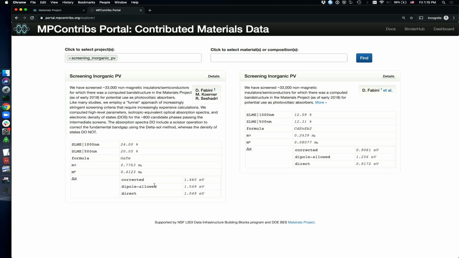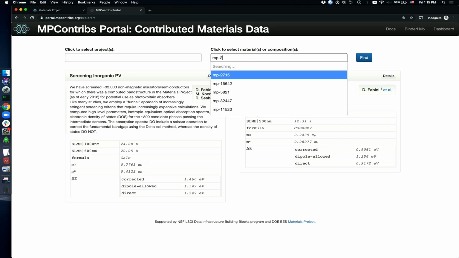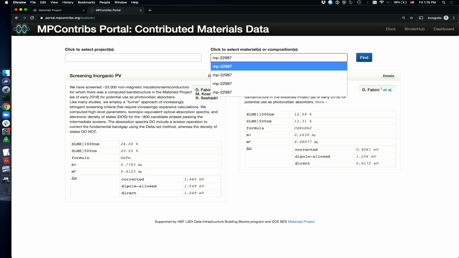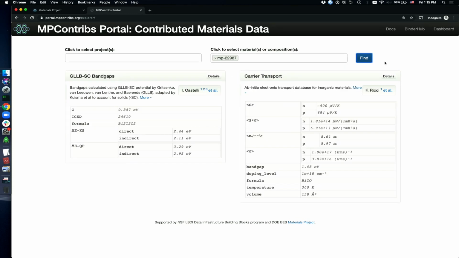But in the cards, in the preview, and as it shows up on the materials detail page, it'll just show that hierarchical data. And in this case, you see the author chose to show the SLME, which is probably explained in the description, but also then the corrected band gaps and everything. You could also up here take the screening inorganic out and say I'm looking for a specific MP ID. All right, this one. I just want to see what's in there, and see there's 2 other data sets, like band gap calculated in GLLB and carrier transport for thermoelectric stuff, so like conductivity